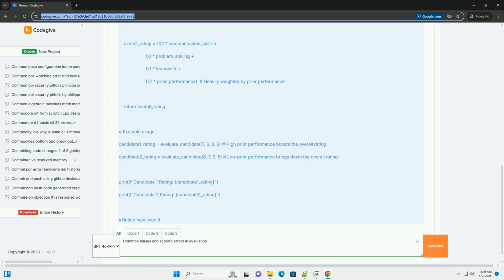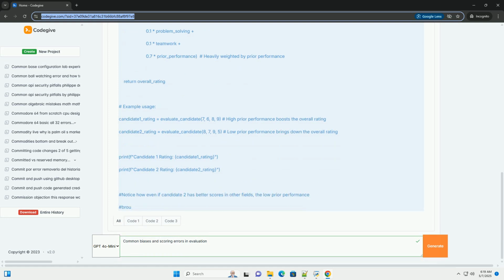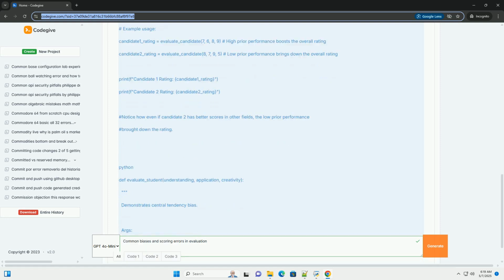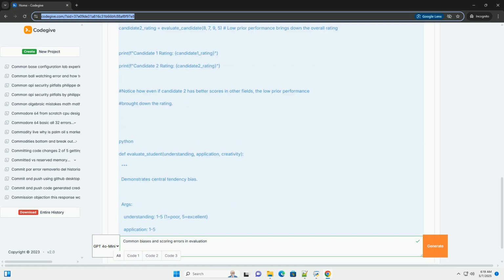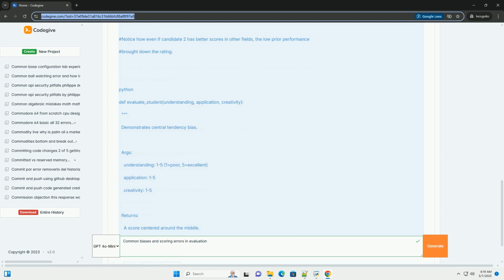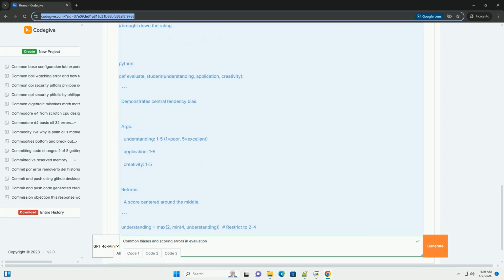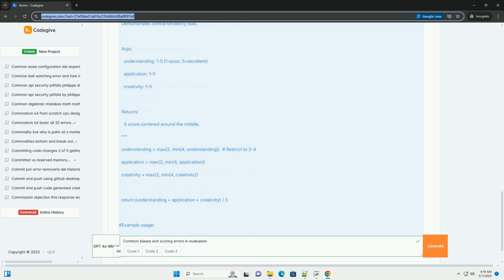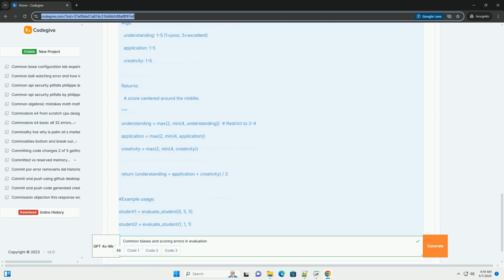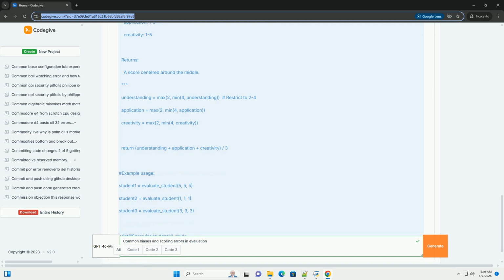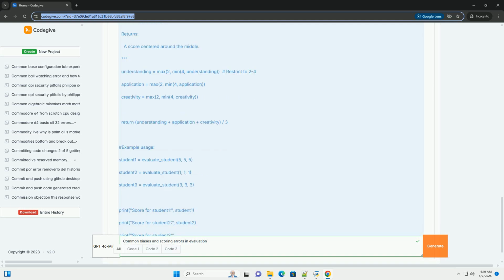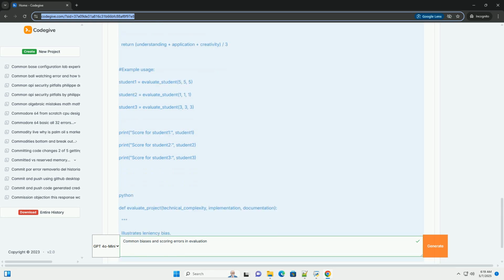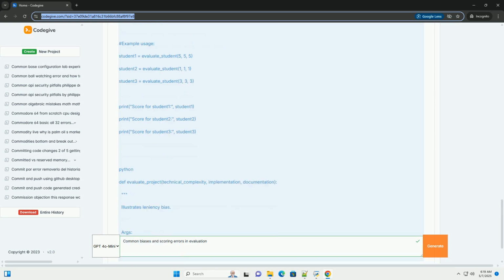Introduction: the importance of recognizing bias. Evaluation, at its core, is a subjective process. Even with clearly defined rubrics and objective metrics, human judgment plays a significant role. However, this inherent subjectivity opens the door to various biases and scoring errors that can distort the accuracy and fairness of the evaluation. Failing to recognize and mitigate these biases can lead to: